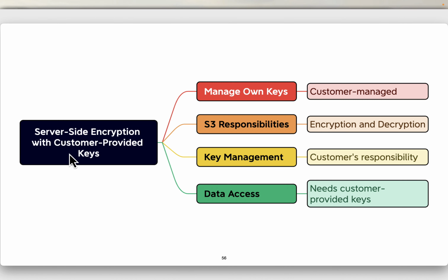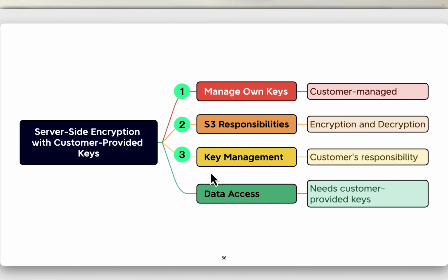Server-side encryption with customer provided keys. With server-side encryption with customer provided keys, SSE-C, you have the ability to manage your own encryption keys. Despite you managing your own keys, Amazon S3 still takes care of the actual encryption as it writes to disks and the decryption when you access your objects.